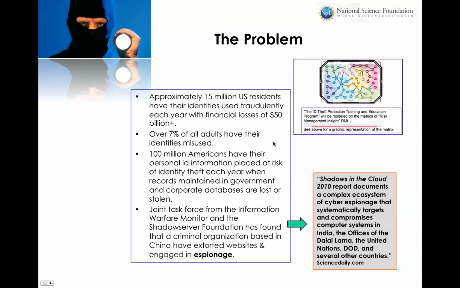So the first one is defining the problem, and we've replicated over here the graphic from the first page, which kind of illustrates the complexity of the identity theft protection training and so on, and their human and technical and software and hardware issues and so forth. But there's a concise summary here of what the problem is, and then over in this gray box there is a secondary